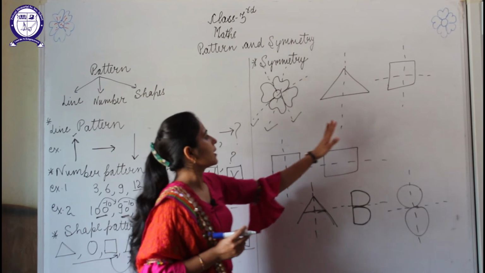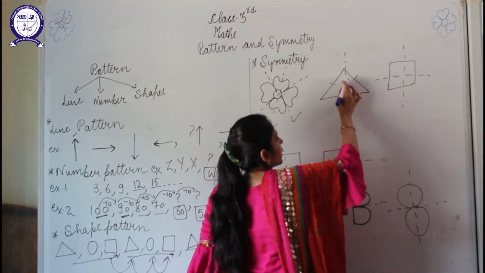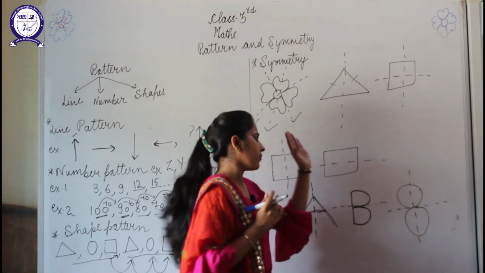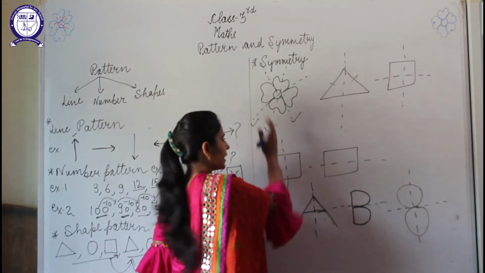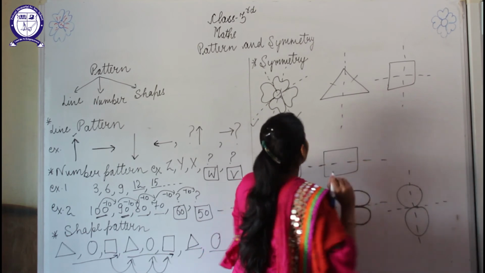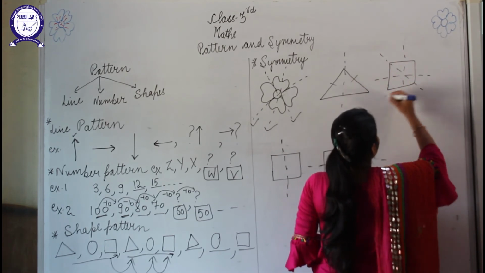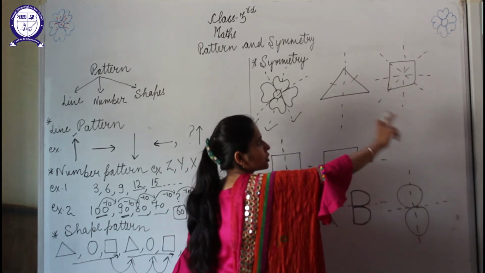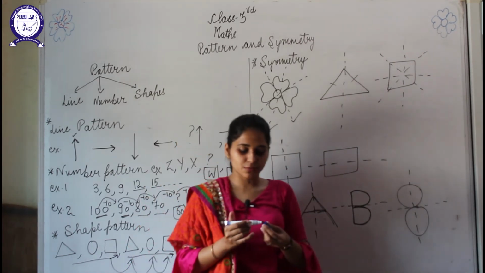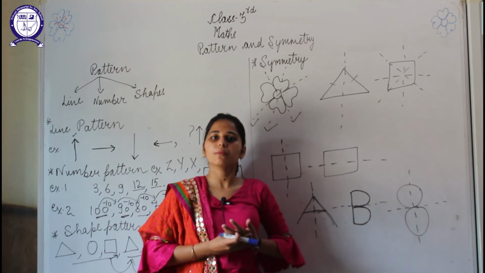Now a triangle: to draw a triangle symmetrically, two sides must be equal. So when we divide this triangle, I use a vertical dotted line. There are two types of symmetry line, vertical and horizontal. Vertical is the standing line like this, and horizontal is the lateral line, you can say, like this. Okay, and in this square we can have four symmetry lines, students. One vertical, one horizontal, two diagonals. Like this we can have many objects to which we can draw a symmetry line, which can be divided with the help of one dotted line into two or more equal parts.